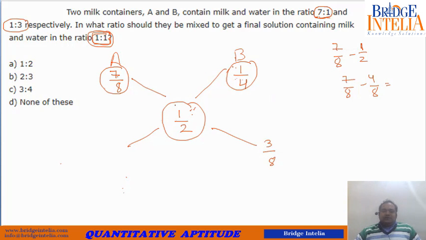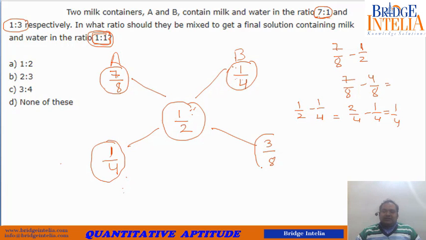Since half is greater than 1/4, the difference is half minus 1/4. So that is 2/4 minus 1/4. So this comes out to be 1/4. So this gives the ratio. We have to mix in this ratio. Let's see, is this 2:3? So 1/4 is to 3/8. So this comes out to be 8:12. Cross multiplication,